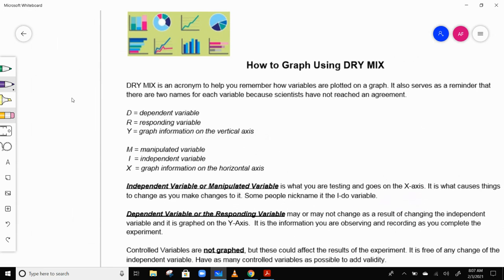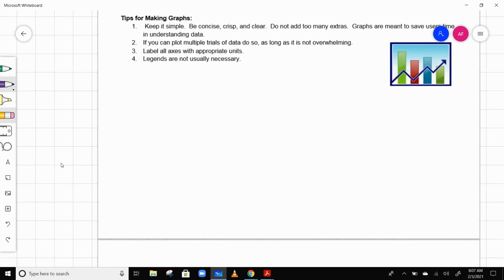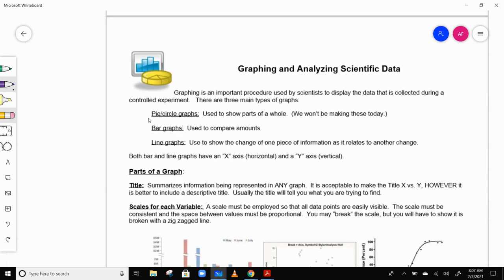using DRY MIX. So DRY MIX really applies to mostly, there's three types of graphs we're going to look at. We're going to look at bar graphs, line graphs. The other type of graphs that we're not going to look at today, but that are popular, are pie or circle graphs. We're not going to do that today. We can talk about that another time. Those are a little more tricky to do. But bar graphs and line graphs are very similar to one another, and that's what we're going to focus on